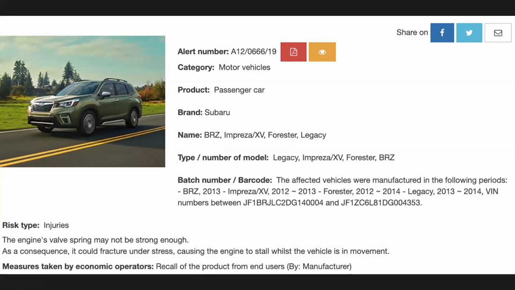Now, how many people in software development could say they could do the same thing? Say exactly this application contains exactly these components that I'm using. Probably not many of us. I know I certainly couldn't when I was a software developer. So we can start to learn from traditional manufacturing on how they're tracking everything through.